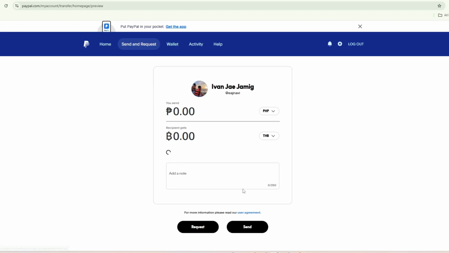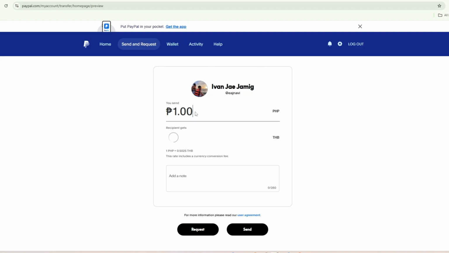The first currency should be set to your local currency, which is the currency you'll be paying with. Then change the recipient currency to the one you want the other person to receive. After that, enter the amount you want to send. PayPal will automatically convert the payment into the recipient's currency, so you can immediately see the estimated amount they'll receive